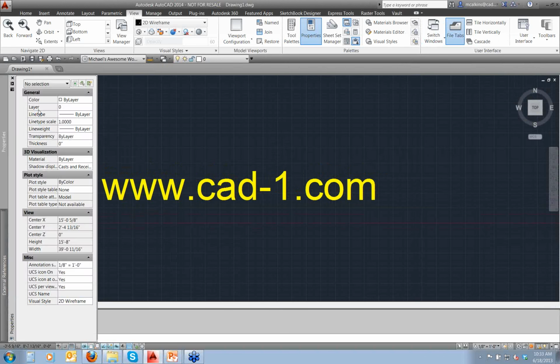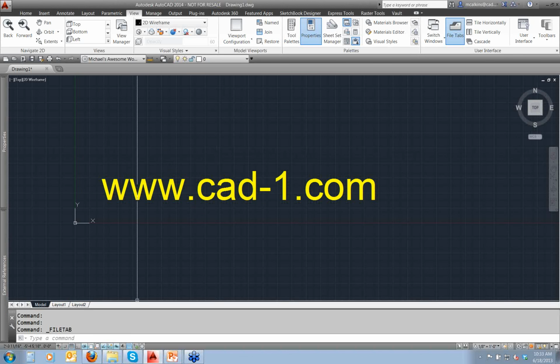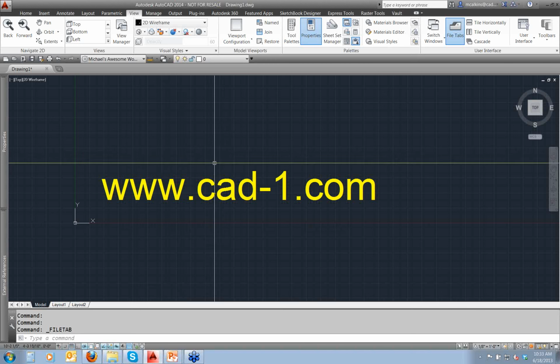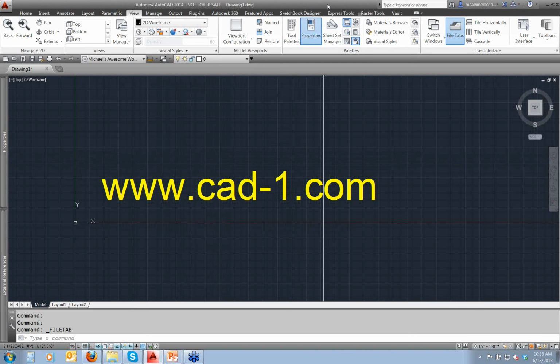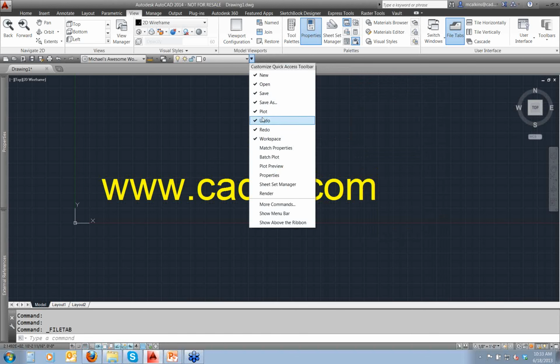I guess I didn't look. My guess is in the options dialog box there's probably a toggle for that as well. There's most likely a command, file tab, that you can type here. If you're using menus, I guess I can show that. A lot of people don't realize that if you click the drop down on the quick access toolbar, you can show the menu bar,